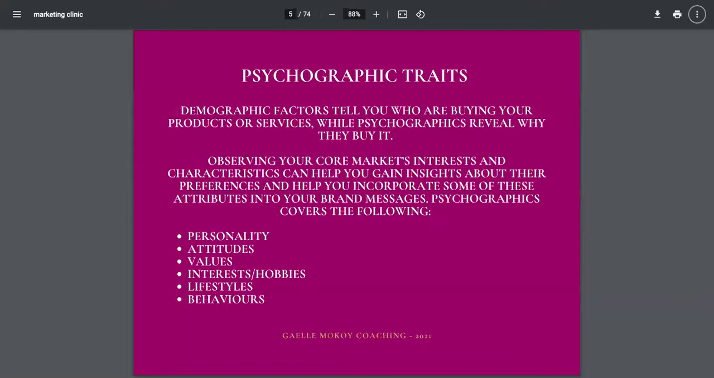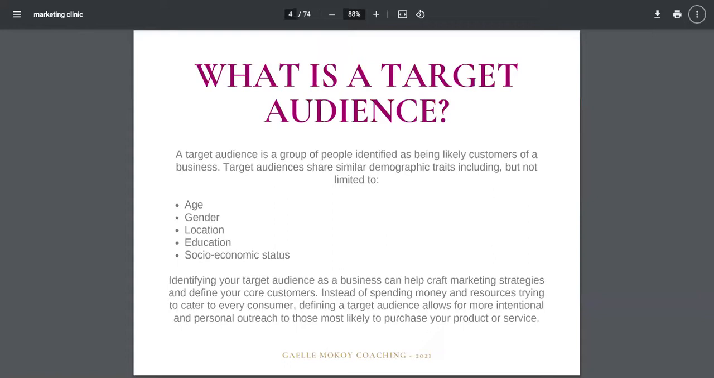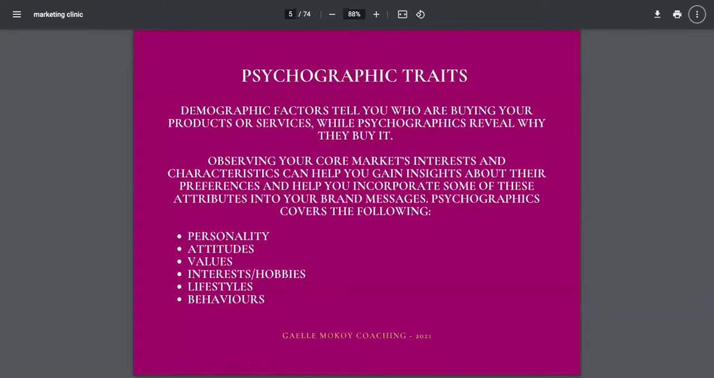So when looking at your target audience, of course, you can bundle them up, as I said before, age, gender, location, education, socioeconomic status. But the psychographic traits help you find out why. So their personality, their attitudes, their values, that will help you craft a brand personality. That will help you know how to talk to them, when to talk to them, their interests and hobbies. That will show you